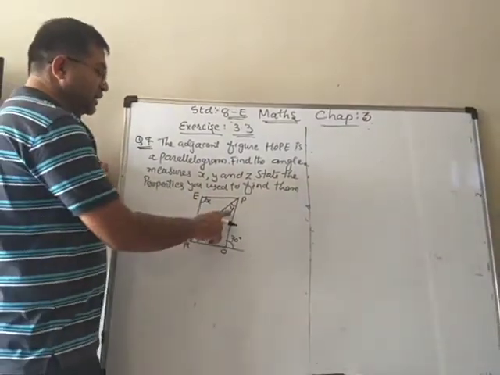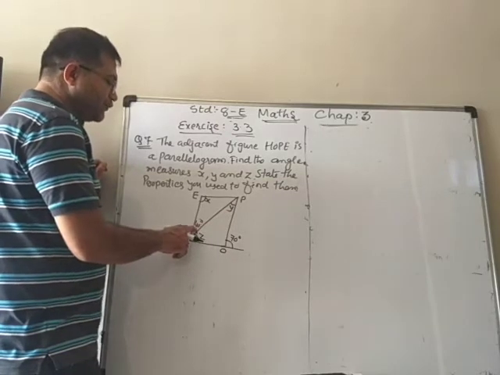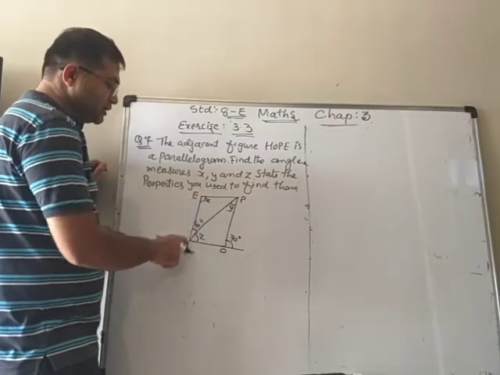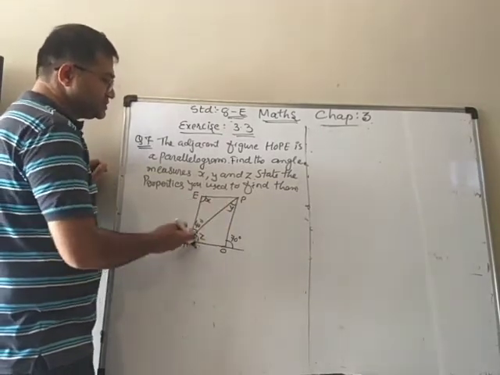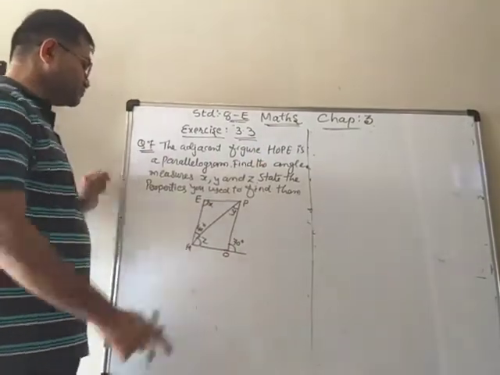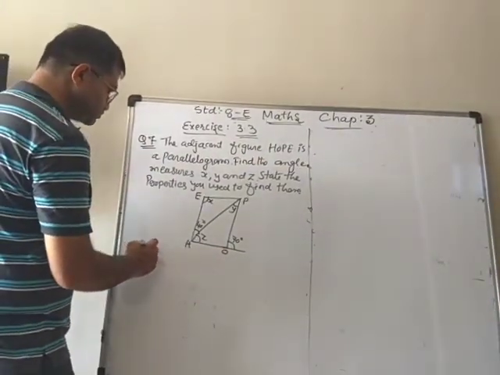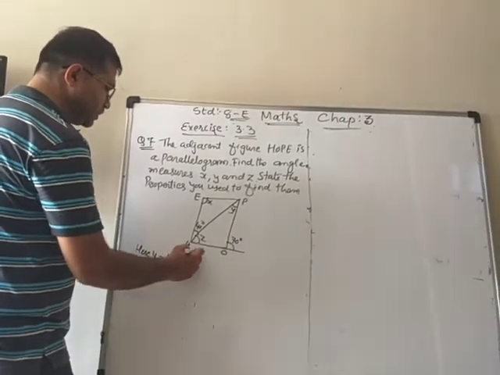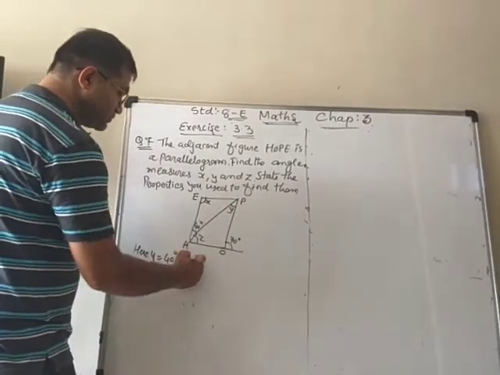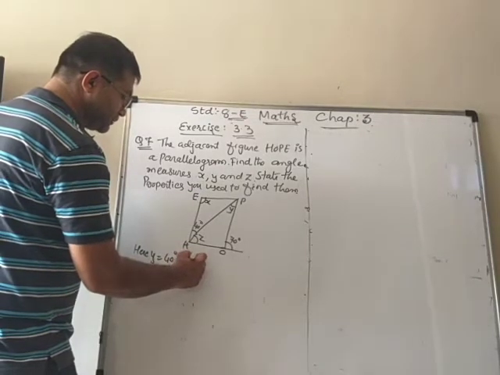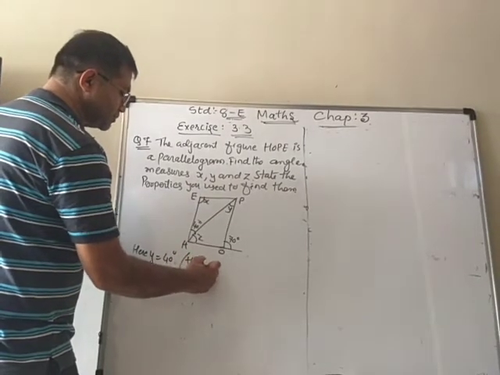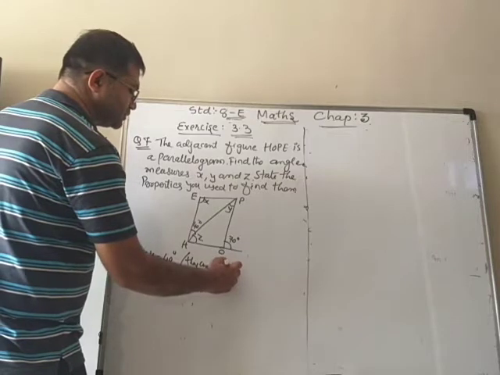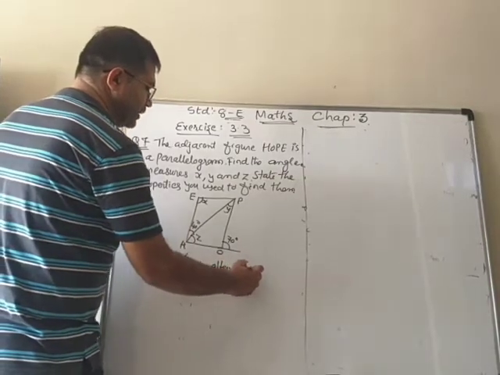So you can say that angle Y and 40 are equal because these are two parallel lines and this is the transversal. So here Y is equal to 40 degree. Why? Because they are alternate angles